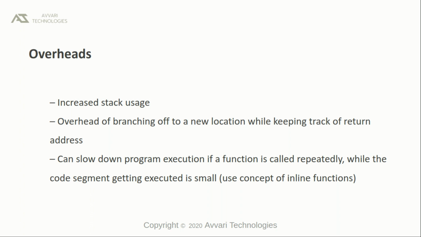Program is running in a flow and we are calling a function which is stored somewhere else in the RAM. C has to go there, execute the block of statements, then again come back, follow the normal flow of execution of programs. This creates overhead. We try to minimize overheads while writing embedded systems application. Or we can use the simple concept called inline functions.